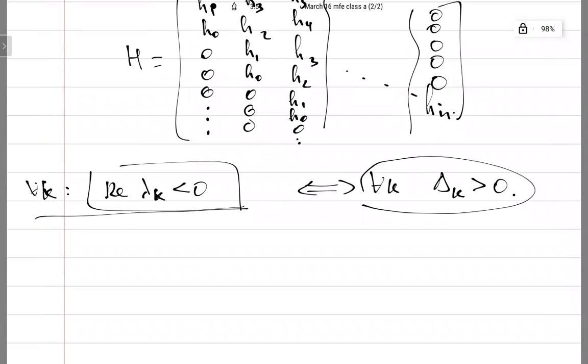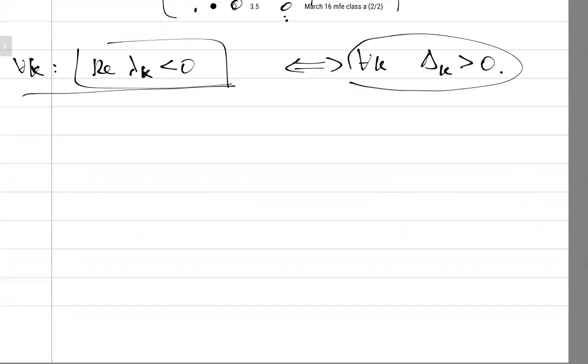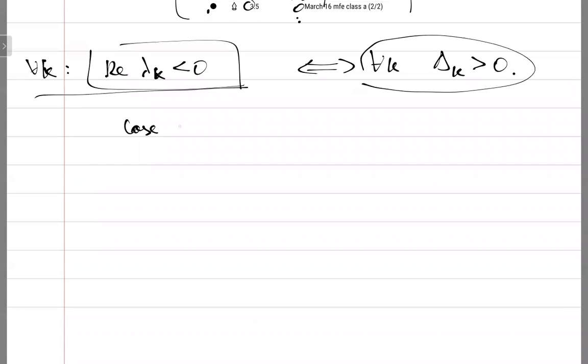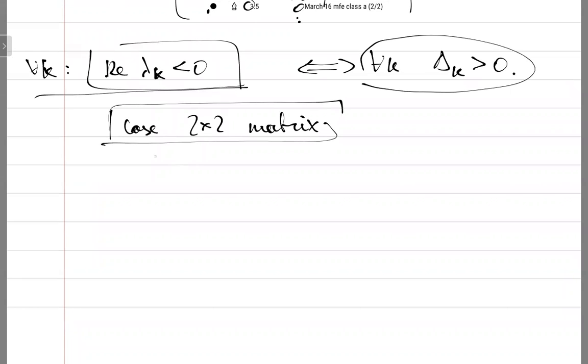So let's consider two particular cases, the case of a quadratic and a cubic characteristic equation, and I think that's enough. You just go on with larger matrices, but it's boring. So I will consider the case of the 2 by 2 matrix. If I have an equation like y'' + 6y' + 7y = 0,